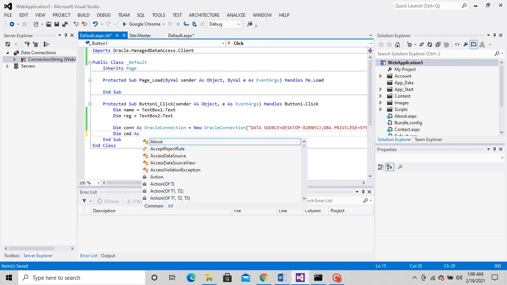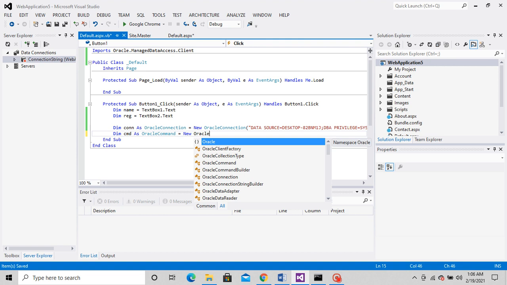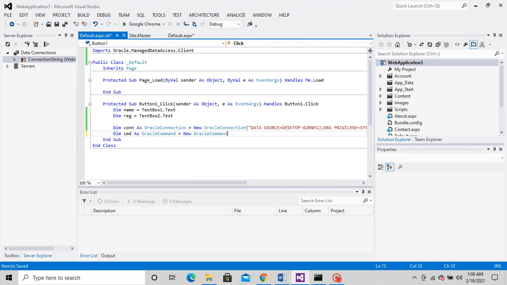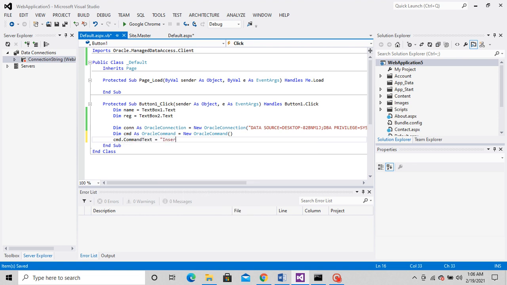Now dim cmd as Oracle command. Please do along with me. So this is the SQL command for insertion. Insert into test.student values.